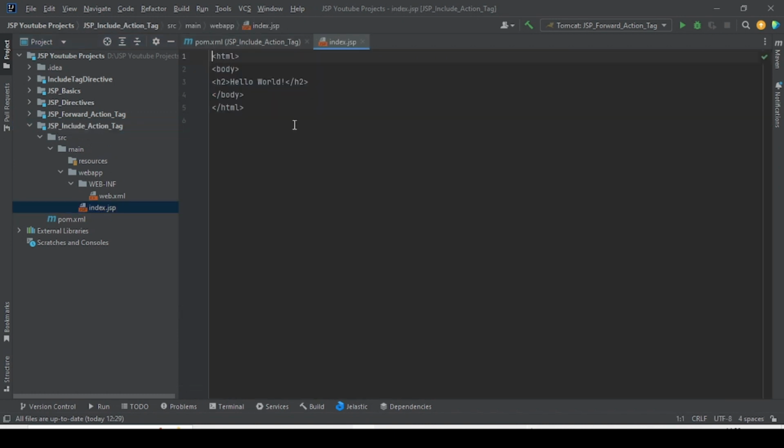Inside the index.jsp, I'll write here just "welcome to site". So this is the header. And inside the body I just want to include the output of another resource. For that I'll write jsp colon include, then page equals to, for example,